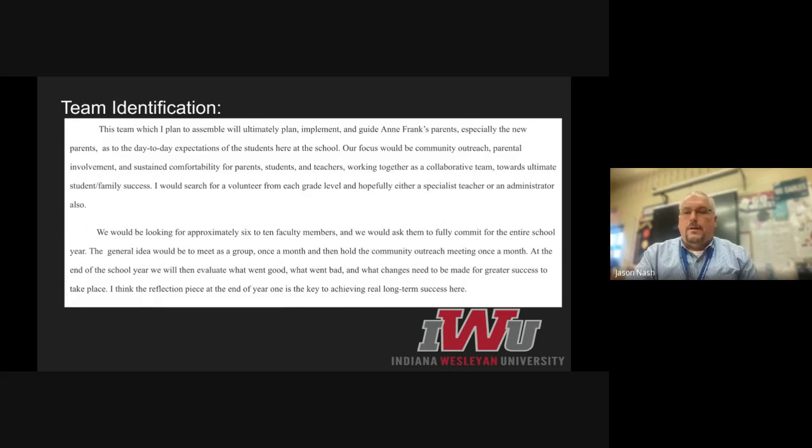So we're trying to find ways where we can bridge that gap between the families who are apprehensive to come in, who are unfamiliar with the school, with the language, and with the teachers and the administration, who aren't really ready for it either. So we have to show that we have a collaborative front here and pool our resources and try to welcome these families and let them see that it is a comfortable, welcoming environment here at our school.